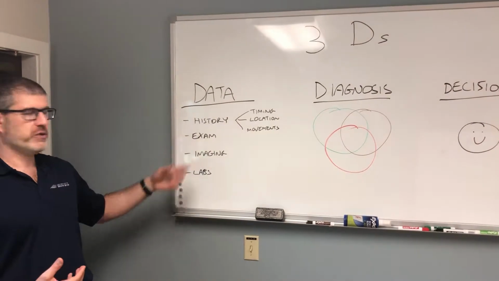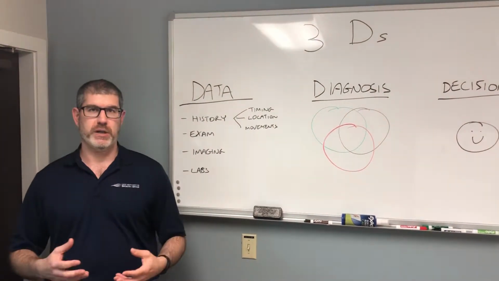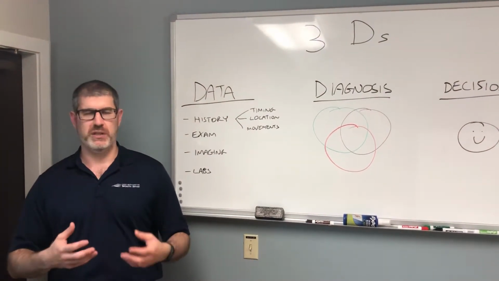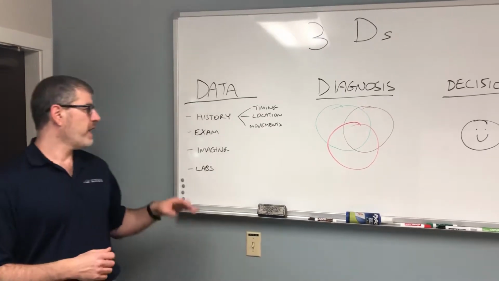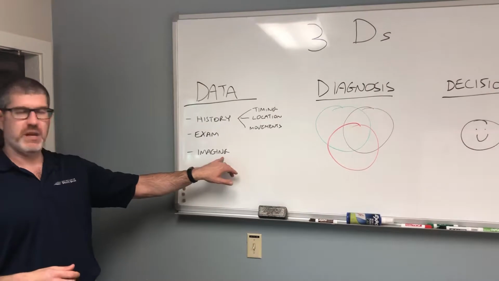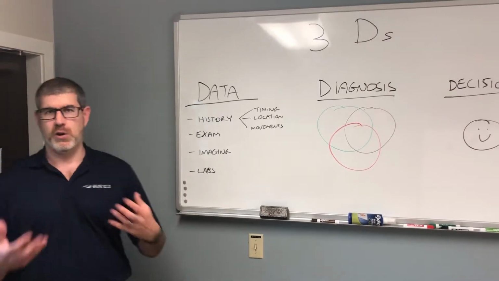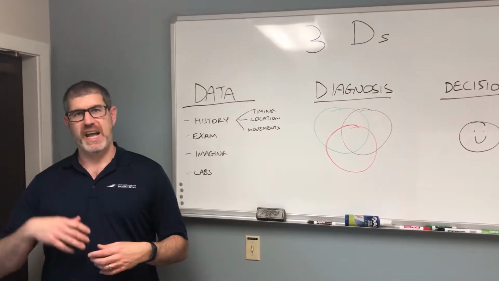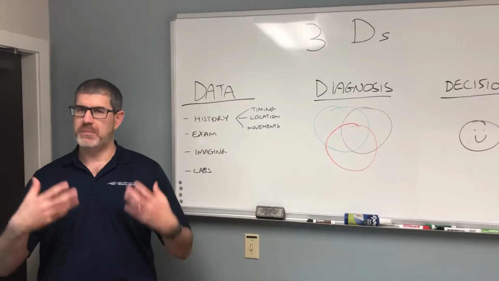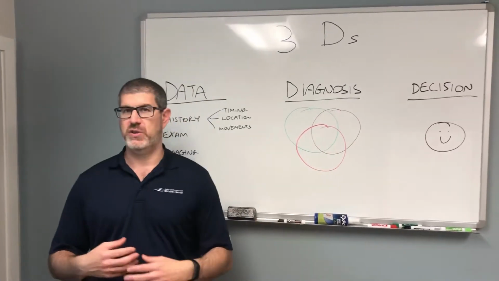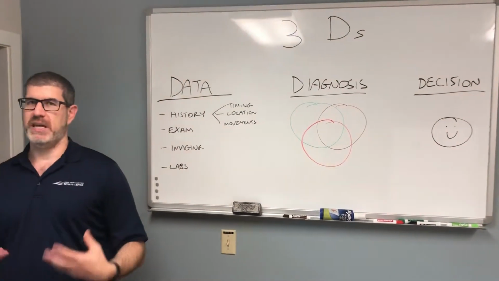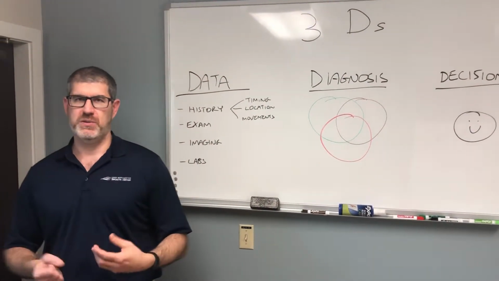From there, I'm going to do a physical examination. That's going to be really important for me, testing the motion of the area that's injured and looking at the areas above and below. And then we might be looking at some other data, things like imaging tests or lab work, or consults from other physicians. It's really important as I'm collecting that data for me not to be making any assumptions about the diagnosis or decision. I don't want to bias my data collection process by making assumptions.